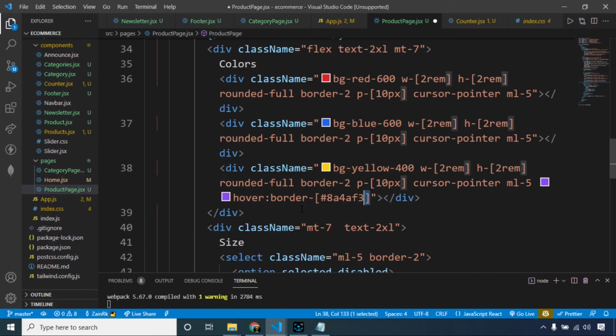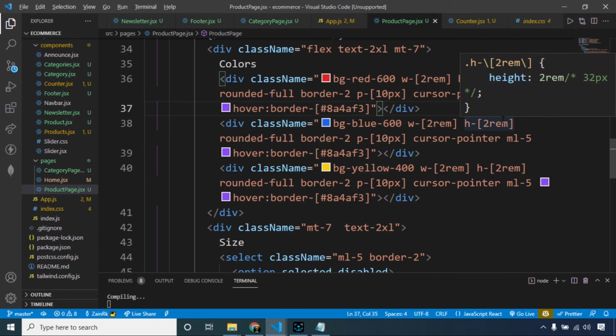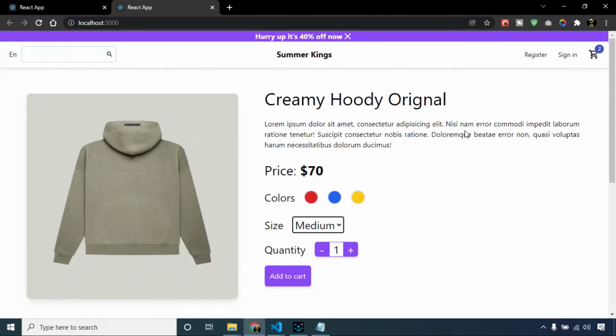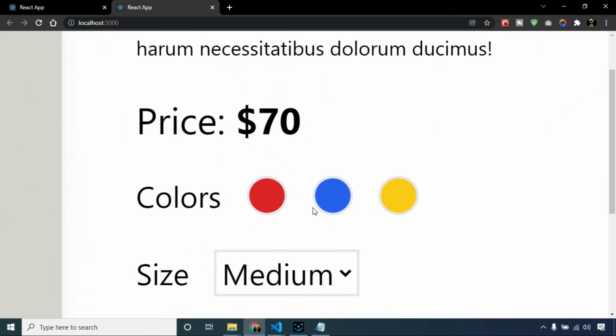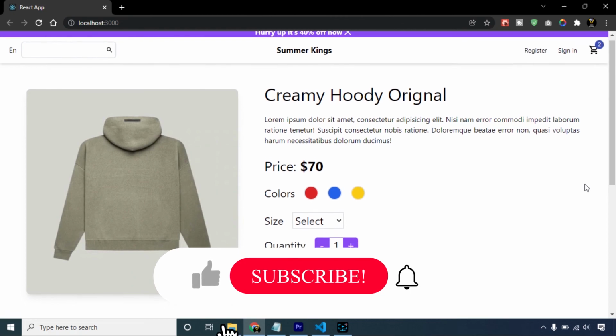Let's copy and paste it. Now when we hover, the boundary color is changing according to our expected results. So our product page is now completed. And this is enough for this video.